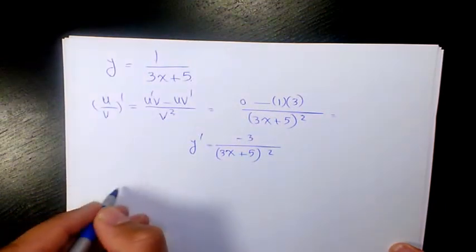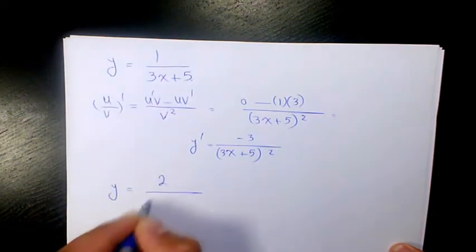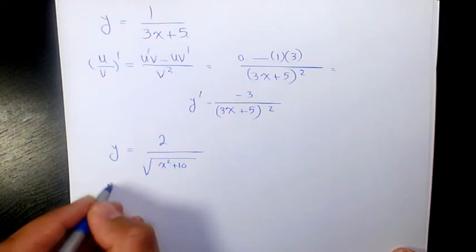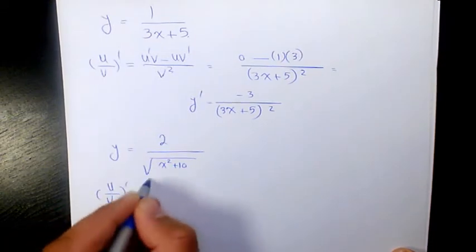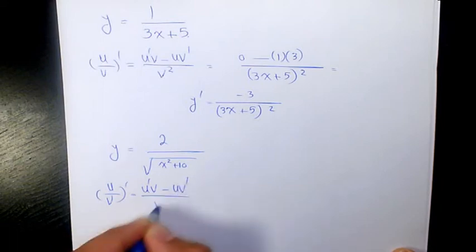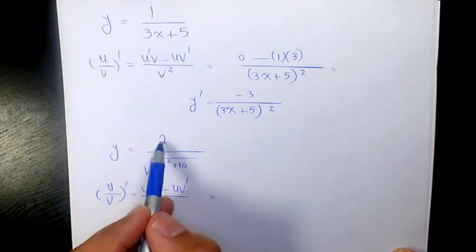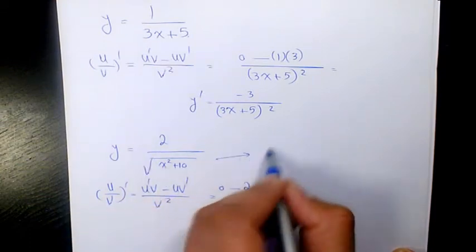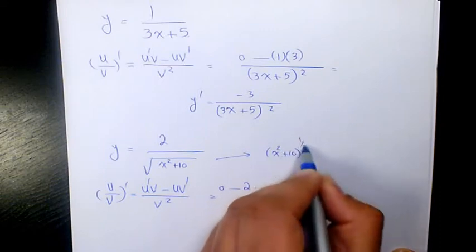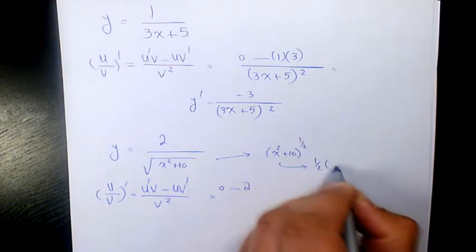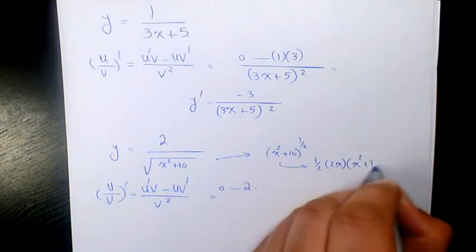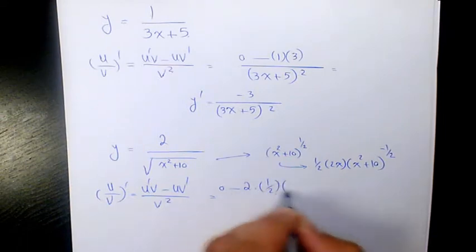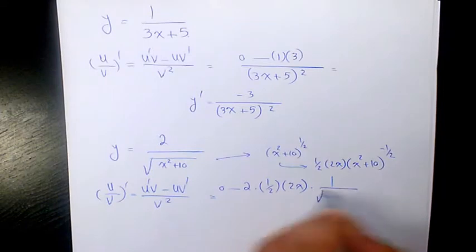Next example, y equals 2 over the square root of x squared plus 10. So it's u over v, u prime v minus u v prime, divided by v squared. The derivative of 2 is 0, times this one is 0, minus 2 times the derivative of x squared plus 10 to the power of 1 over 2. The derivative will be 1 over 2 times 2x times x squared plus 10 to the power of negative 1 over 2. So that's going to be 1 over 2 times 2x times 1 over the square root of x squared plus